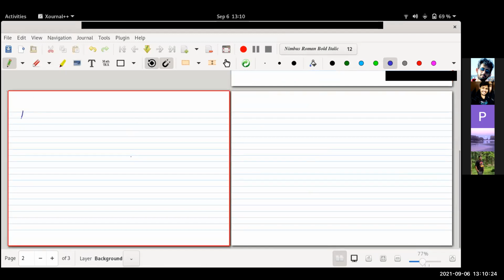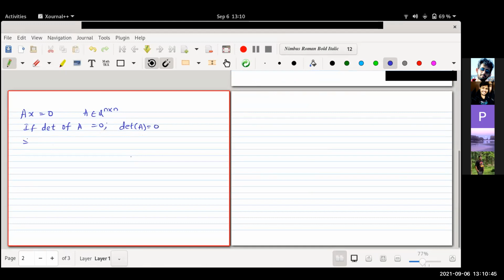If you have this expression AX equals 0, where A is a square matrix, and the determinant of A is 0,